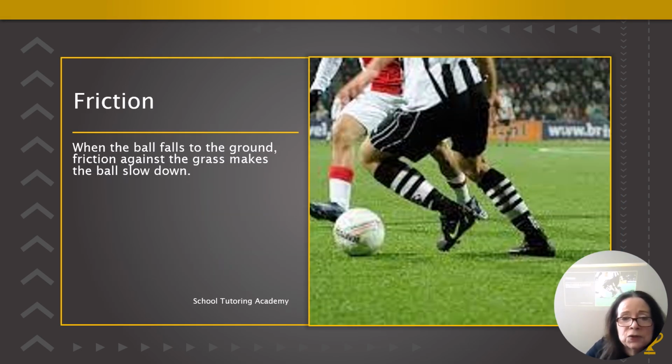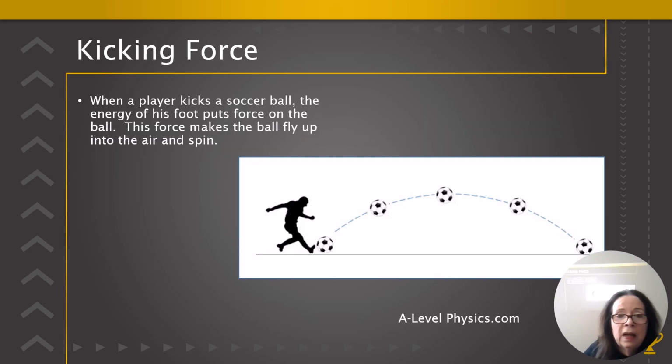Friction is when the ball falls to the ground. Friction against the grass makes the ball slow down. Does anybody have any questions about what friction means? Okay. Then this is the kicking force, and this is a picture of the